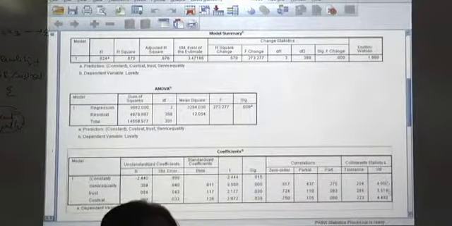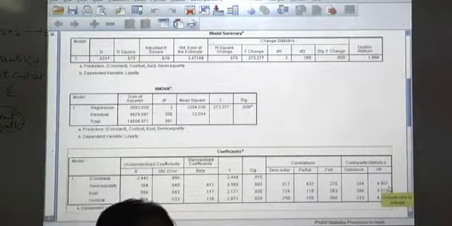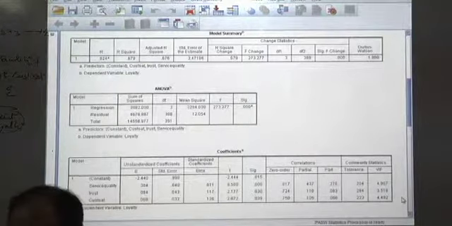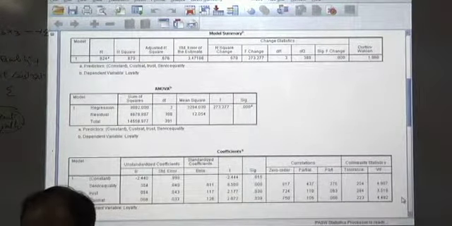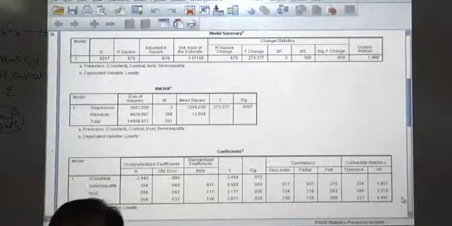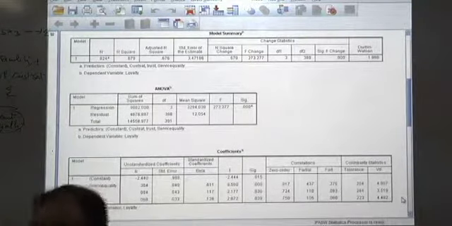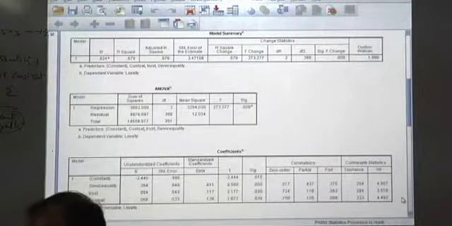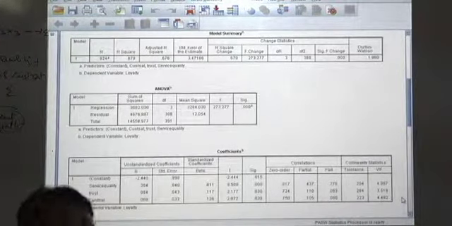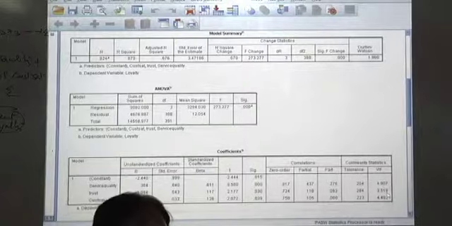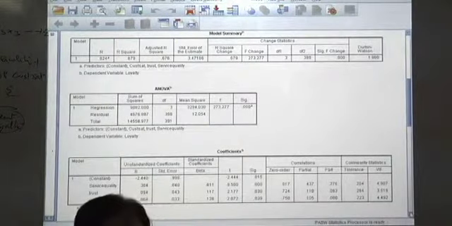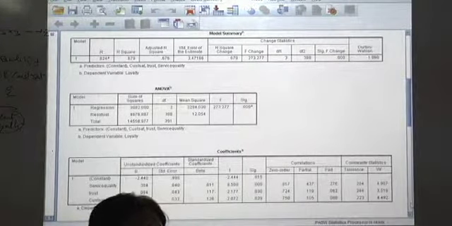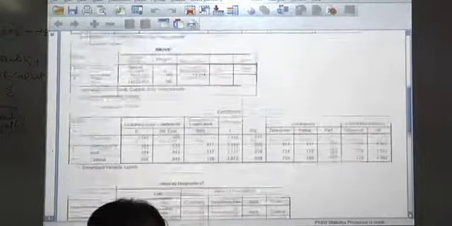Look at VIF. All are below 10. Although they have all gone up from 1 to 3 to 4. That indicates that as you add independent variables, they might have some relationship, and that would be indicated through VIF. These are the values of VIF, indicating that there is multicollinearity, but it is within limits.